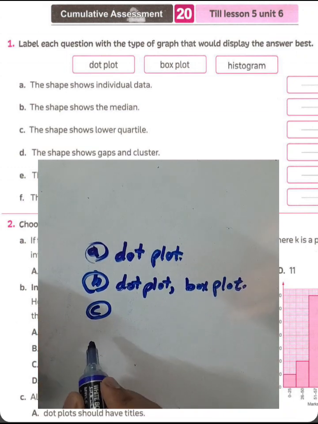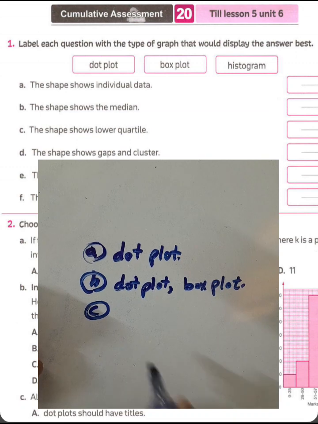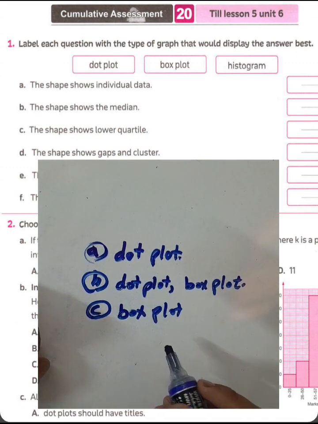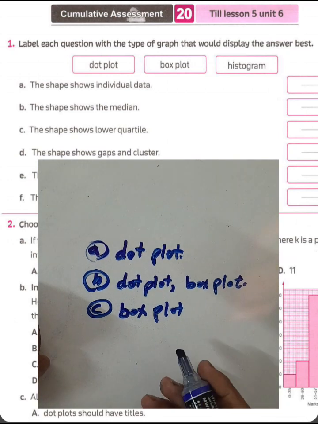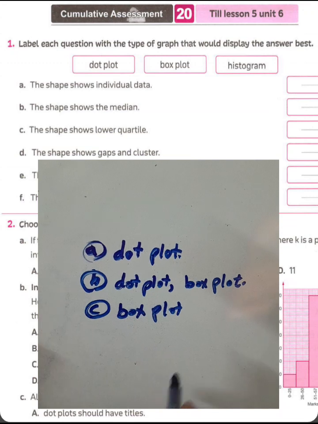Question letter C. The shape: choose lower quartile. We must use box plot. Use box plot to show upper quartile, lower quartile, and the median, and minimum, maximum. Okay, question